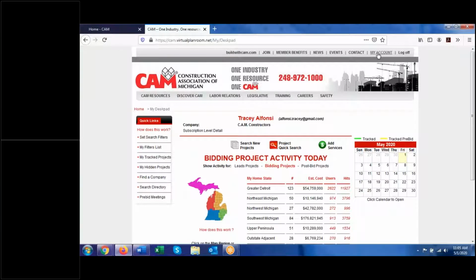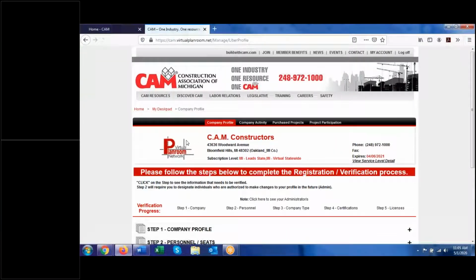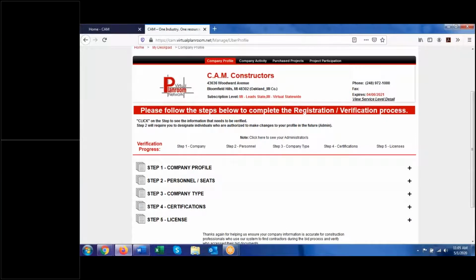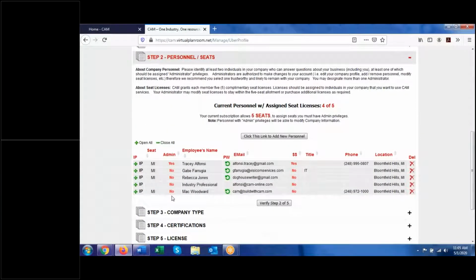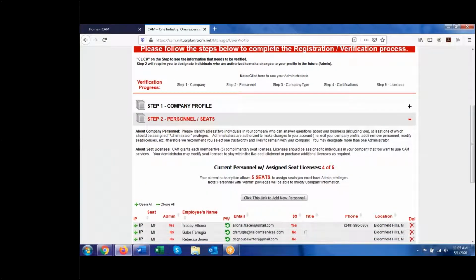So if you log in and you go to My Account up here in the upper right corner, you will be able to access your company's information, if you are an administrator on the account, and I'll show you what that looks like. If you're an administrator and you have a yes next to your name, that means you can add and delete users. You can force a password reset if somebody on your team has forgotten their password, and you can assign